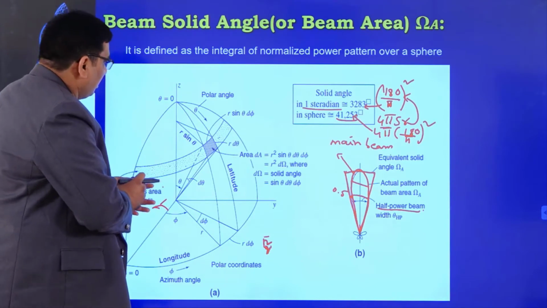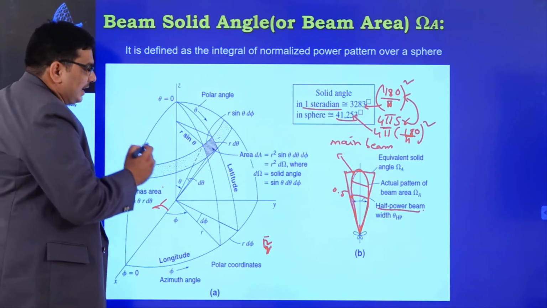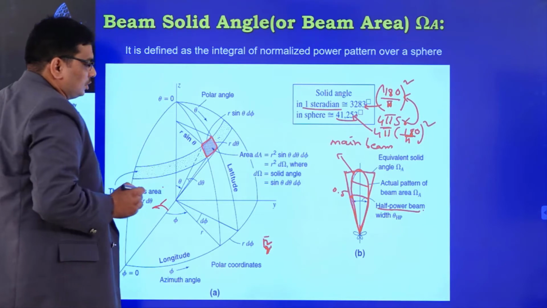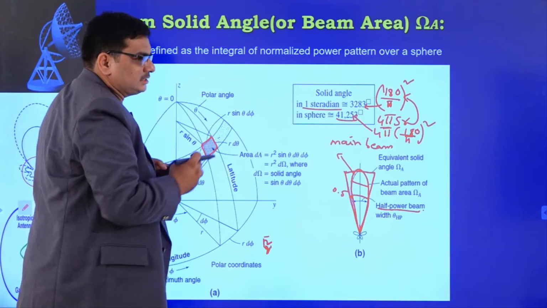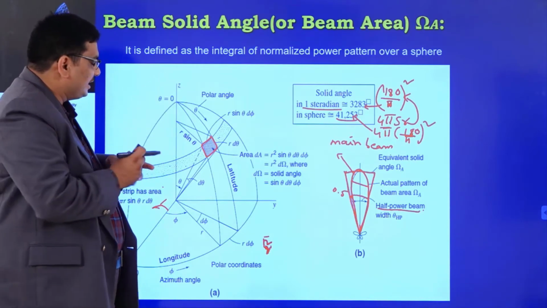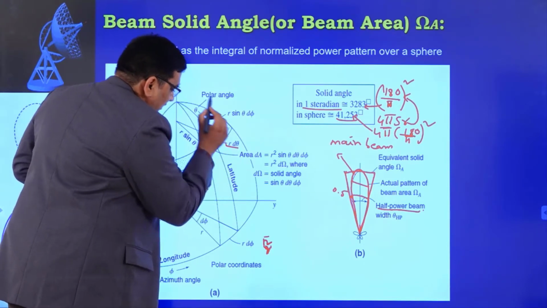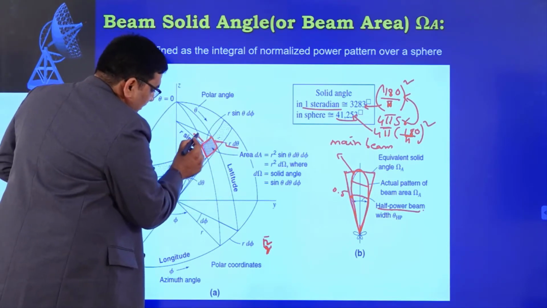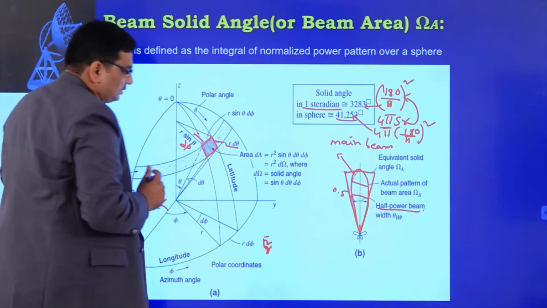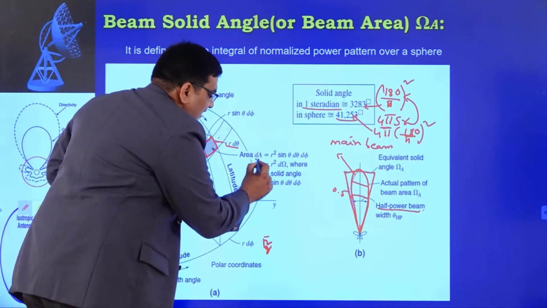Suppose this is a 3-dimensional coordinate system. In this system, we are taking a small piece, a small area of this part. In the sphere, from the center, we are taking a small area of the sphere surface whose one side is r d theta and another side is r sin theta d phi. So, the total small area dA is a differential area.